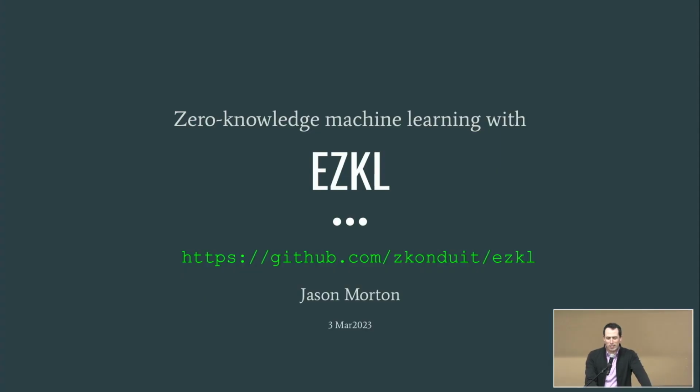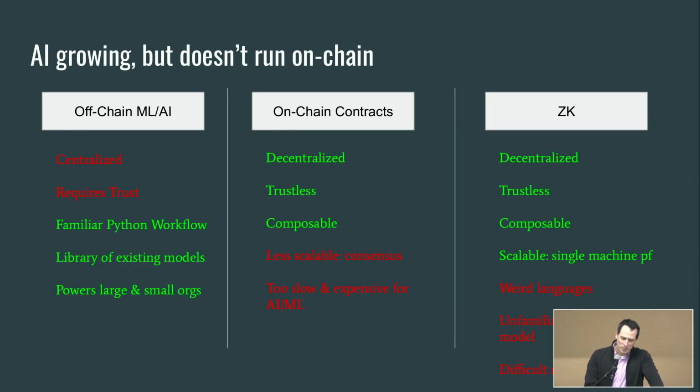Okay, so this is a workshop. We're down here in the cattle trading room, so feel free to interrupt me with questions. My goal today is to explain our open source project, Ezekiel, and tell you how to build an application with it. And first, of course, we have to spend a few minutes on why it's interesting. I think if you're here, you probably have some idea of that, but okay.